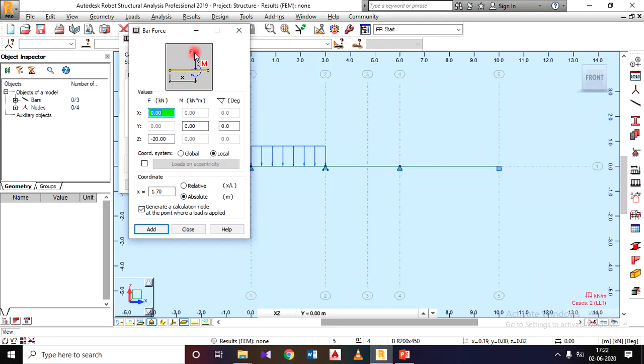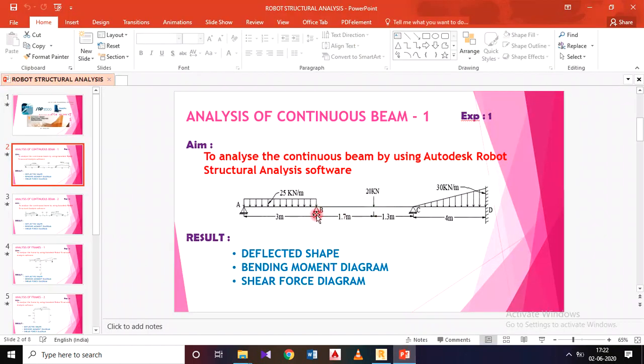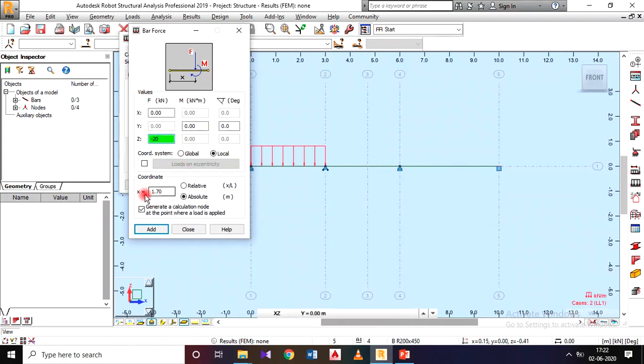In our software, we need to specify the value of F, which is going vertical, means we need to specify it in Z direction. The value is minus 20. That minus indicates it is going downward, minus 20, and the distance from B is 1.7. That's why I will specify the X value as 1.7.